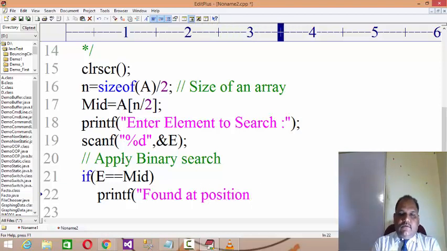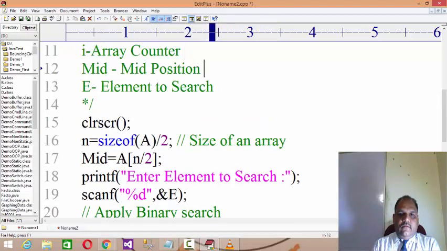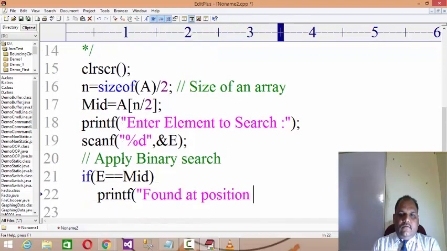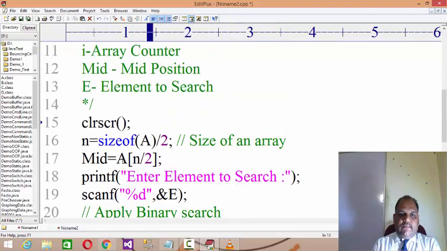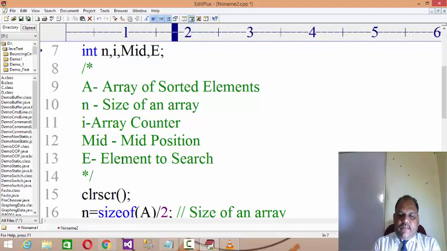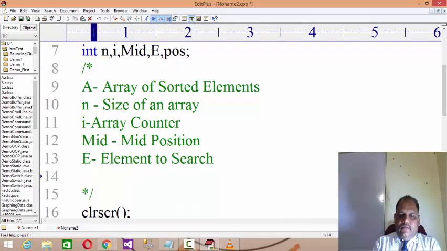Can you inquire the exact array position as well? Yes, we will go with the POS variable. POS is the found position.